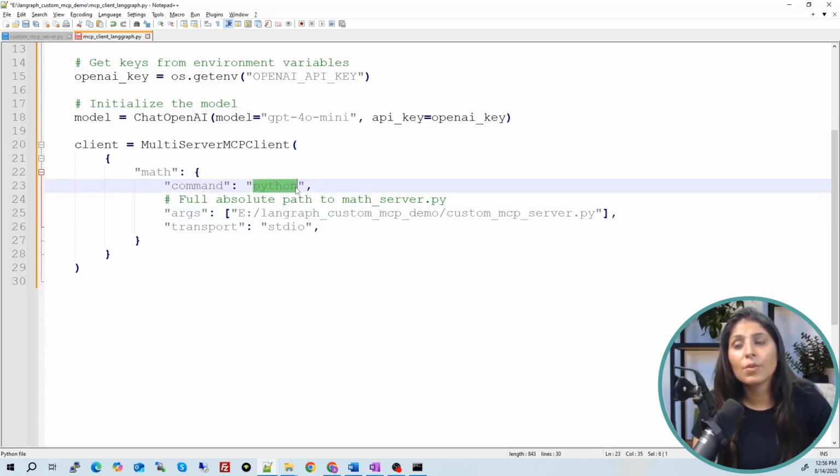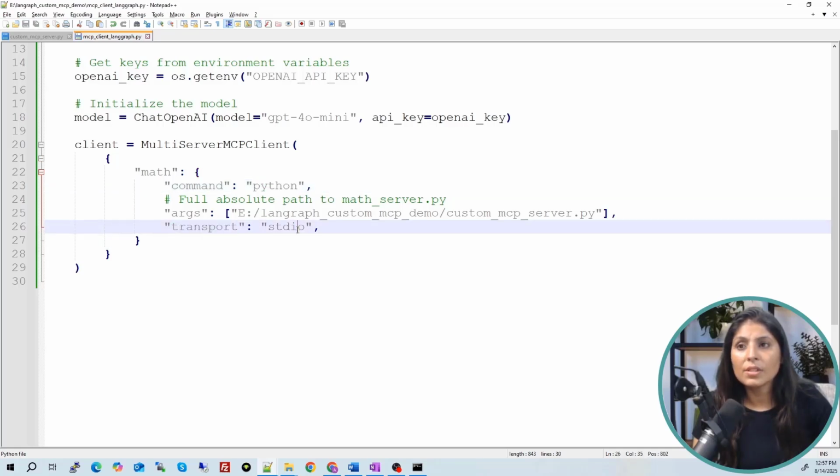Command Python means we want to run it through Python. And transport stdio means this transport method will work when your client and server both are running on the same machine, the local machine. This transport method will not work if your server is on another machine and the client is on another machine. Okay. So if you're working on a local machine, your client and server are on the local machine, then the interaction between the client and the server can be done using this stdio module.